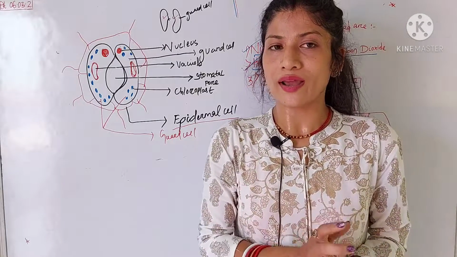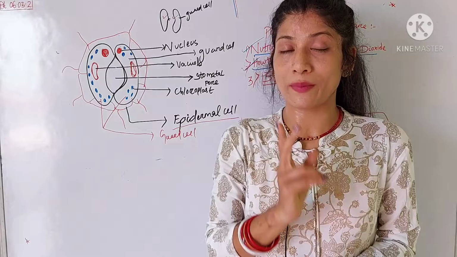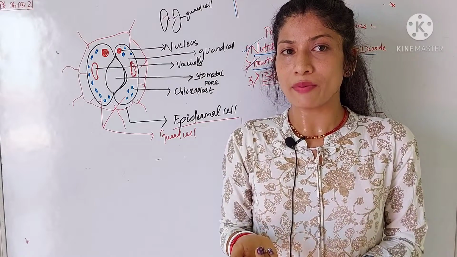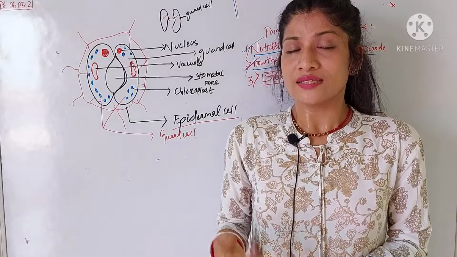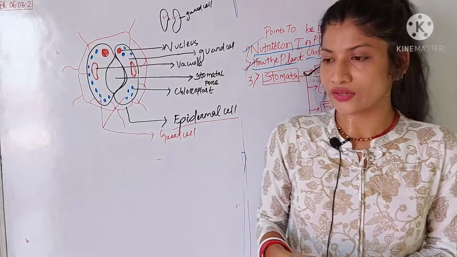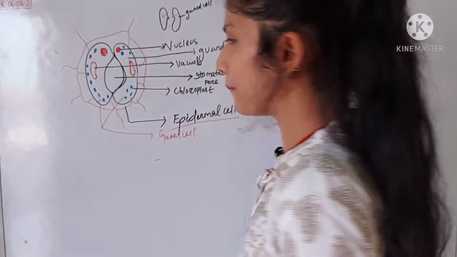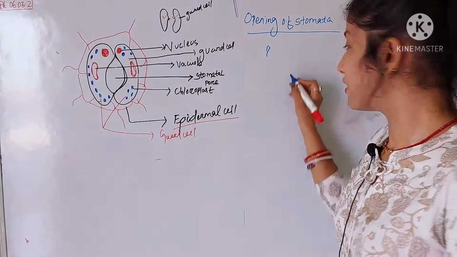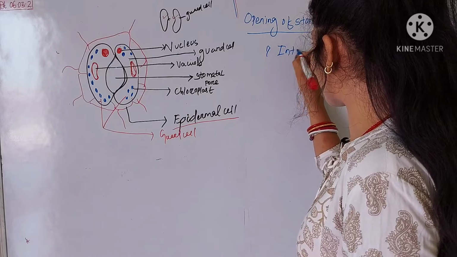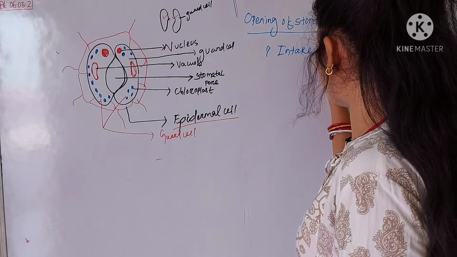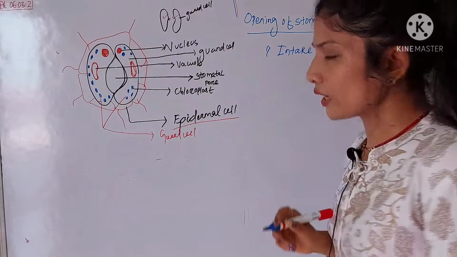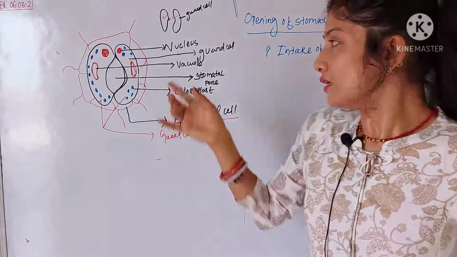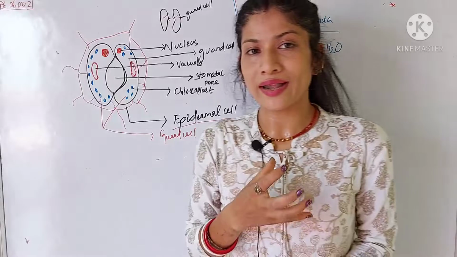That means stomata has two functions: entry of carbon dioxide, and second, gaseous exchange. Now, opening of stomata: the first point is what? Intake of water. Before going to the whole mechanism, let me tell you, the opening and the closing of stomata is